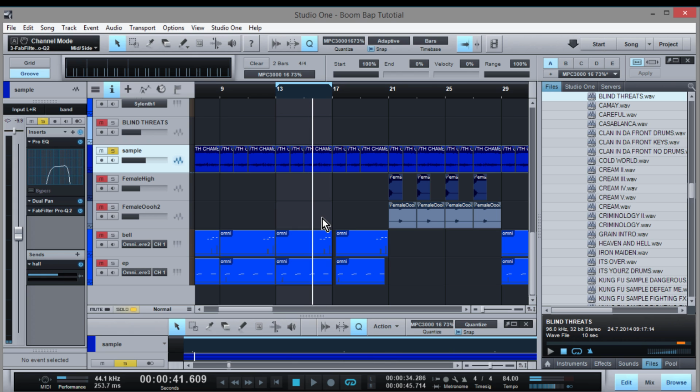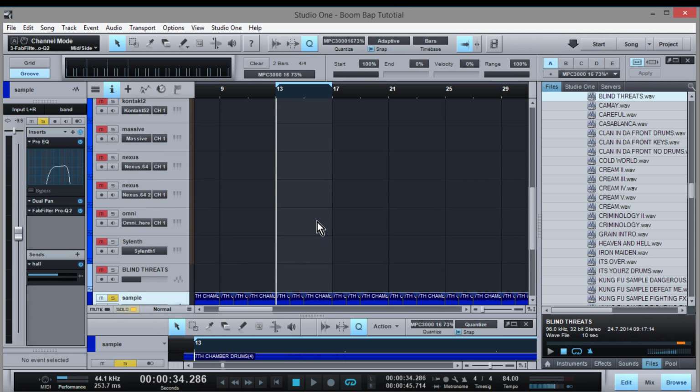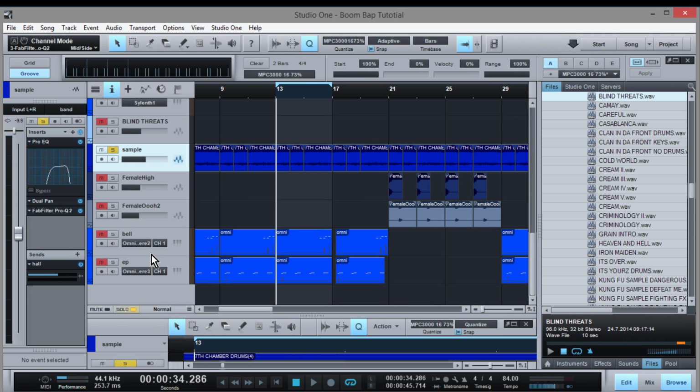Put some reverb on it for some ambiance. I mean, you could tell that's a pretty mean sample right there. But I still felt like I needed to bolster the low mid section a little bit, thicken up the sound. So what I did was,